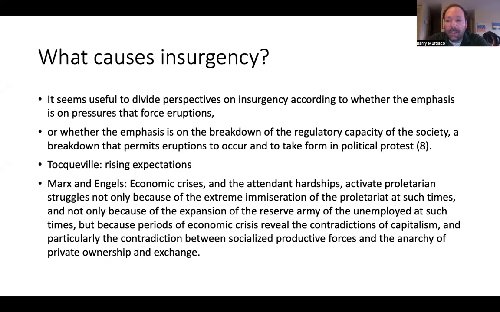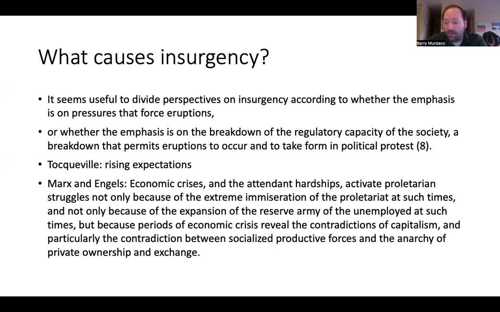Now, what they look at is they kind of combine both aspects together to some extent. As far as the idea of economic pressures, you would think the most common understanding of this is that the worse things get for people, the more economic strain they're placed under, the more likely they are to erupt, as they say. But there is another school of thought within this economic pressure school. Let's say that the economic pressure school is one school of thought.